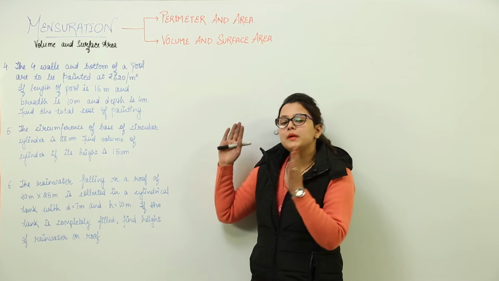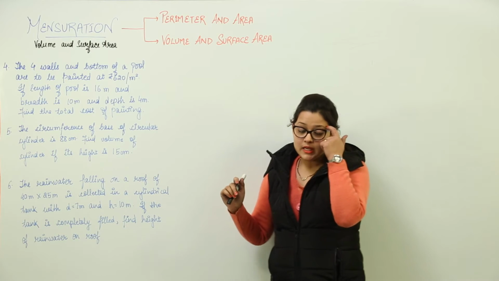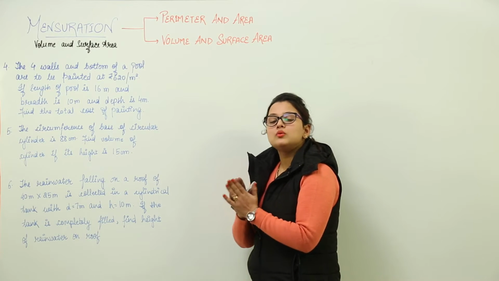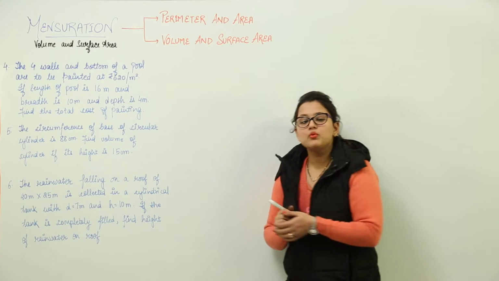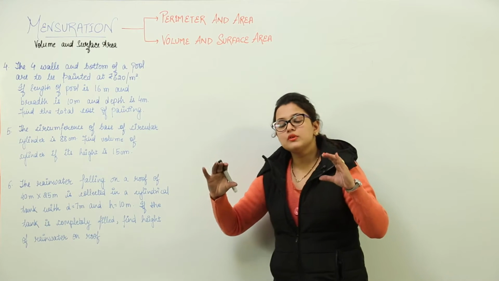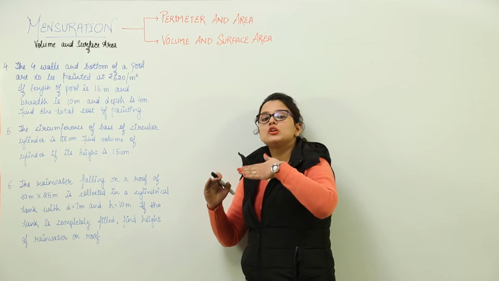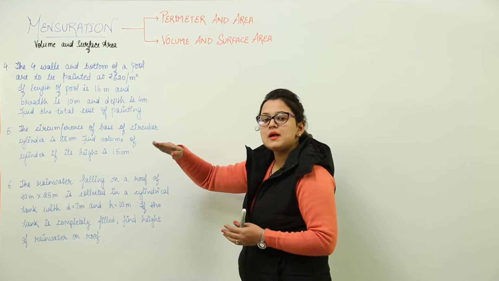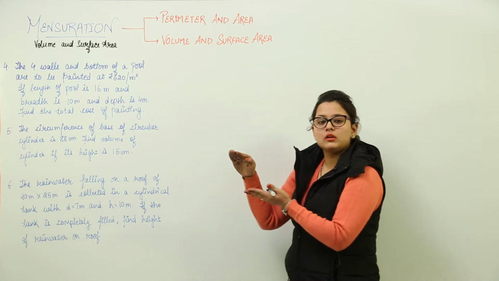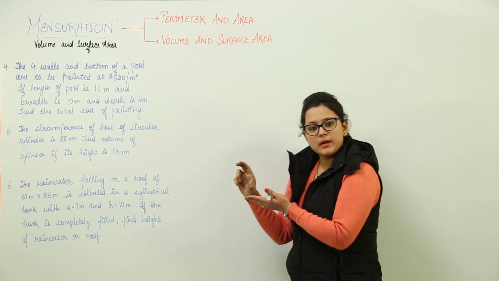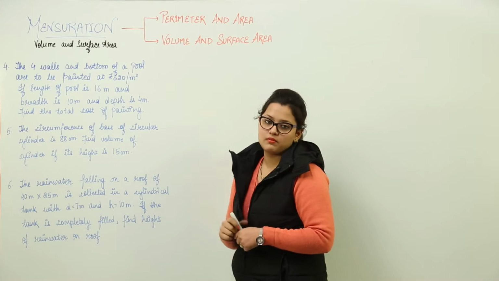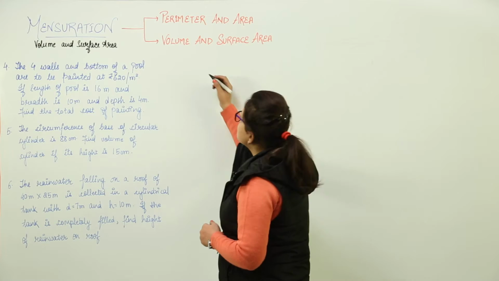Now, please pay attention to the question over here. It says the base and the four sides of the pool are to be painted. We all have seen the swimming pool. It is in the shape of a cuboid which doesn't have a top. That means we have to find the area of four walls plus the area of the bottom, which would give us the total area to be painted, and we would multiply that area with the cost that we have been given, right? So let us do this question.